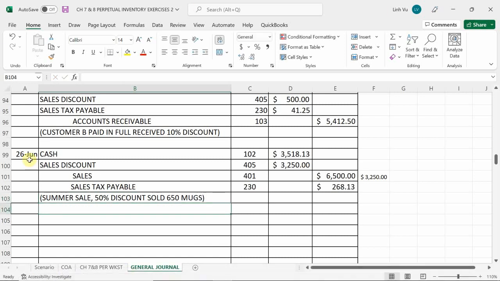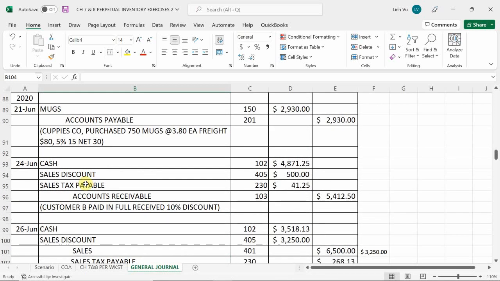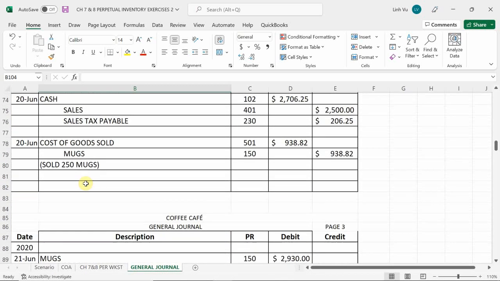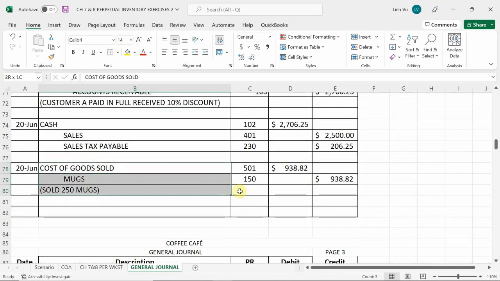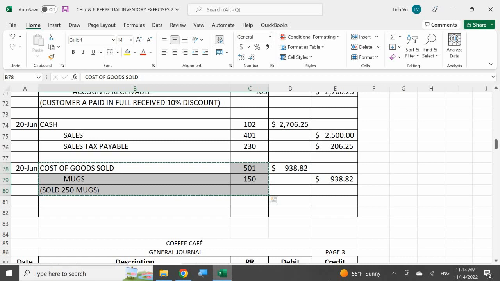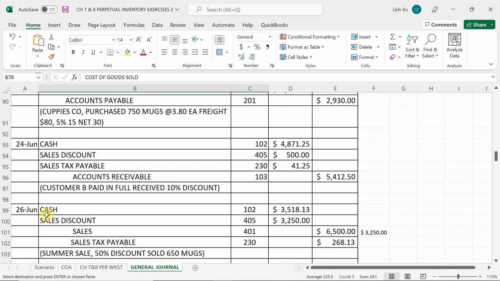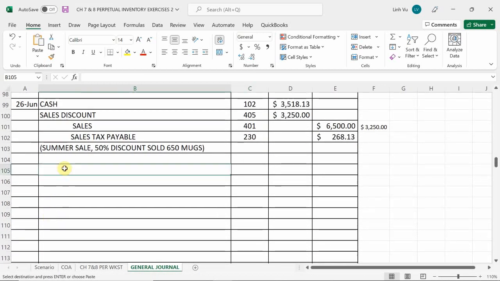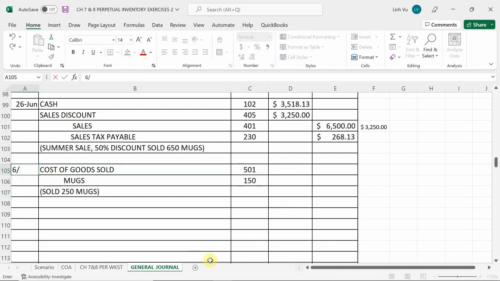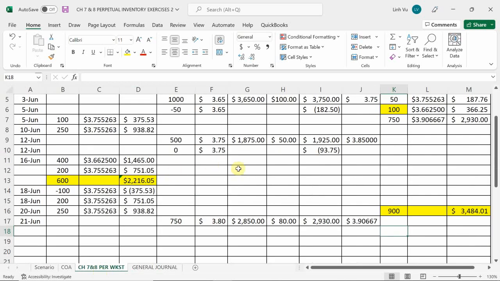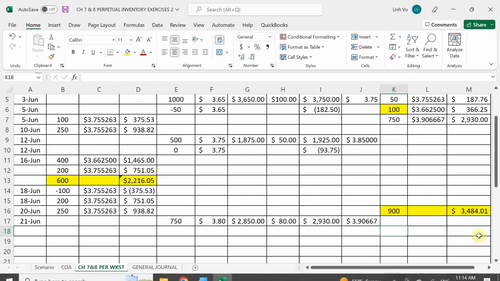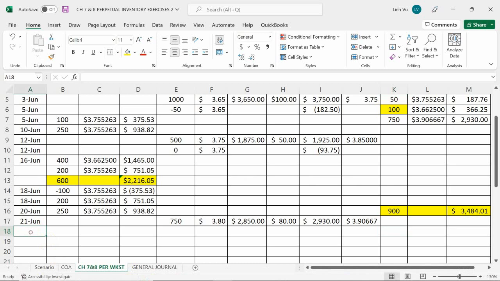So therefore, because I sold those 650 mugs, I need to do my cost of goods sold. And this time I sold 650 mugs. So I need to go ahead and calculate. So I have a total of 900 right now, and I just sold